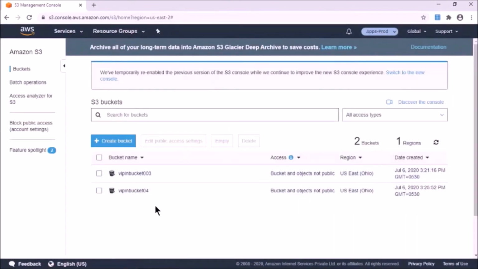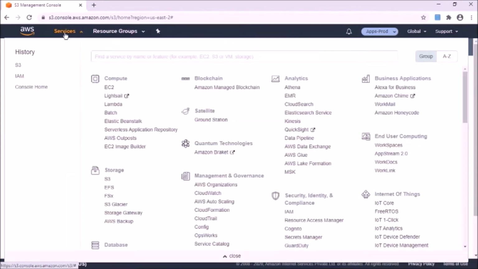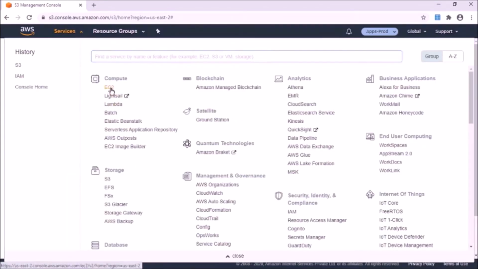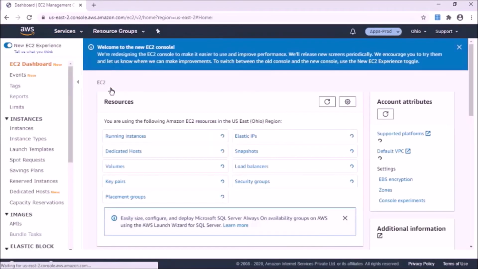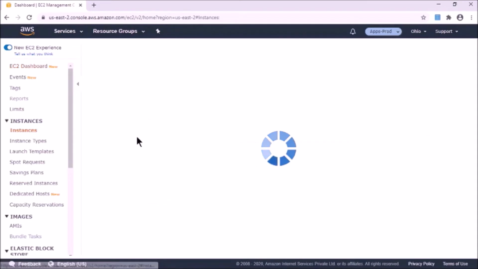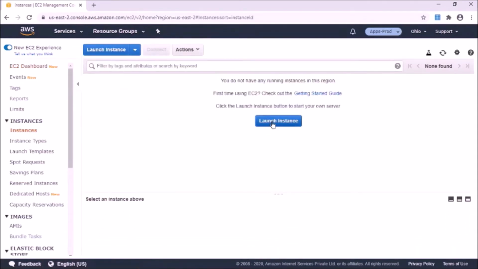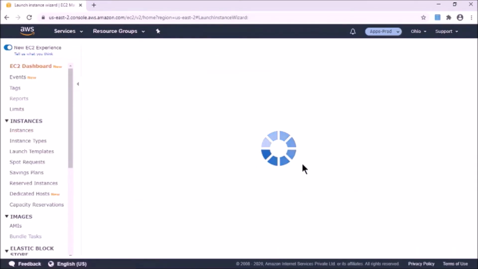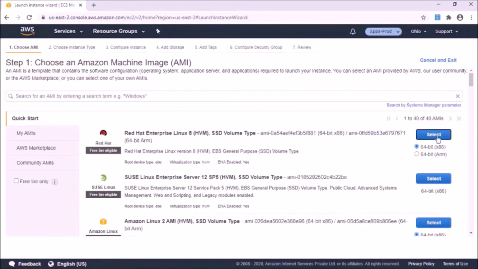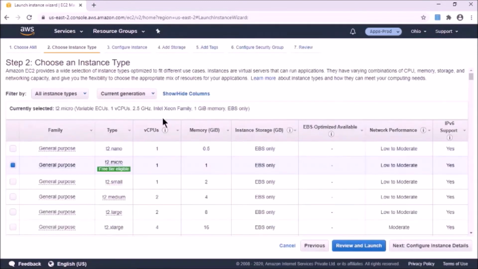So Vipin is able to create the bucket and he should be able to create the EC2 instance as well. I will select the Linux.